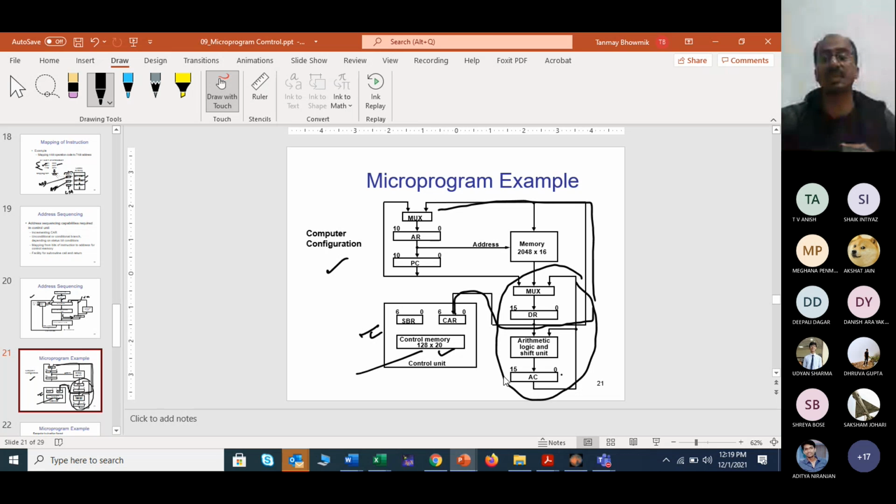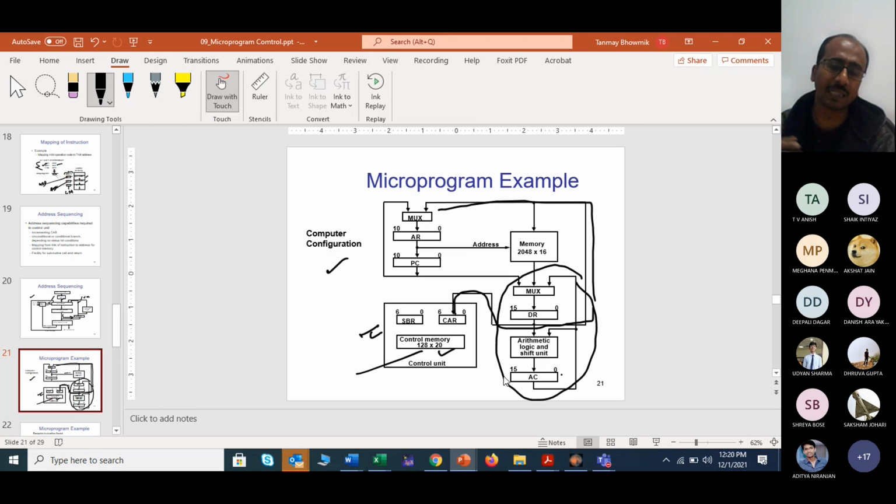So how it is coming from one point and going to another, how the branch is being created, how the arithmetic logic unit is actually related with this microprogram example. All these things you will get here. And every time you will see that a multiplexer is very much required, right? So we have the read multiplexer.